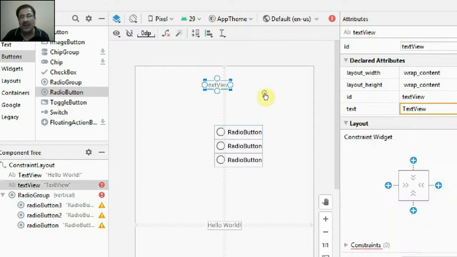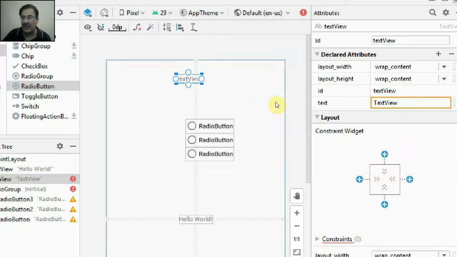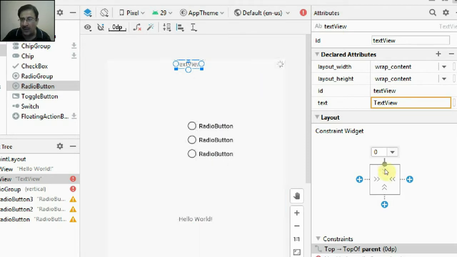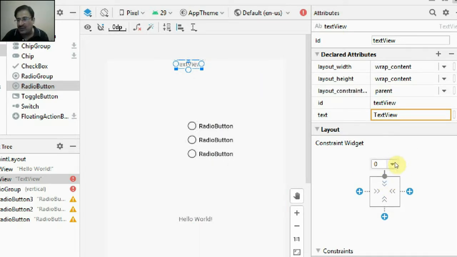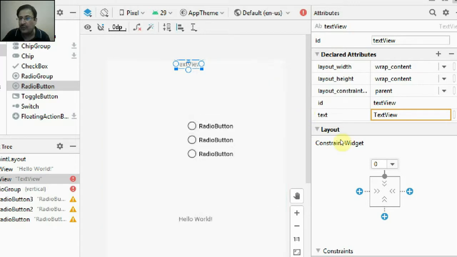I'll just click this text view, and here these are the constraints. The plus sign of these constraints shows that this text view has no constraint at all. I have to set its constraint with the top border of the layout. So I have to click this and drag it onto the top border. See, you can see that the top constraint is set. Because it is set at a gap of 0 SP from the top layout, it is attached to the top border of the layout window. I'll increase the gap, I'll make it 24.